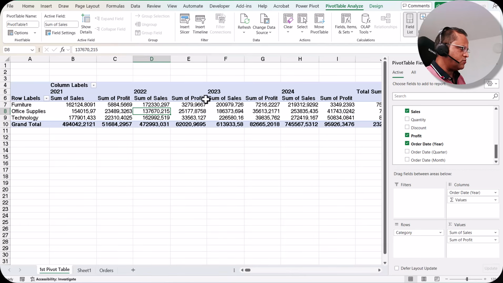Likewise for 2022, 2023 and 2024 we are having these two separate columns. Suppose in 2021 I want to see only the sum of sales column. I do not want to see the sum of profit. Then for 2022 I want to see only the sum of profit. I do not want to see the sum of sales. So if we are having this kind of specific requirements for every year, then what we can do, we can